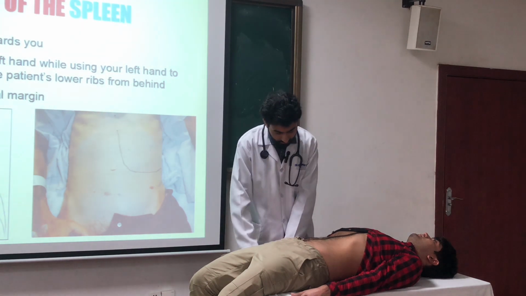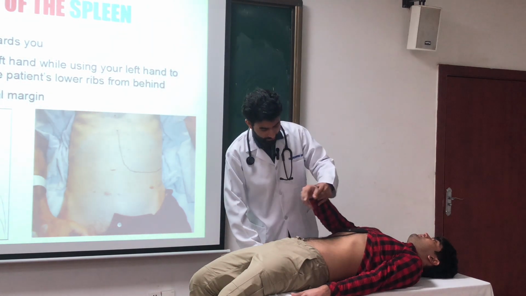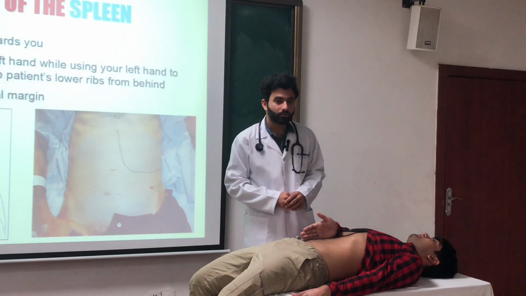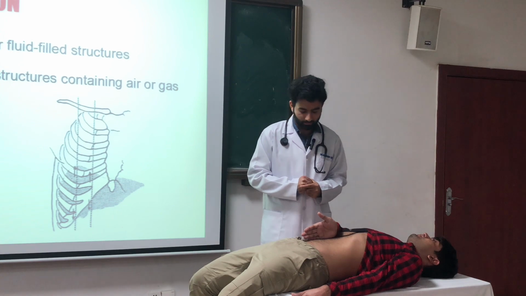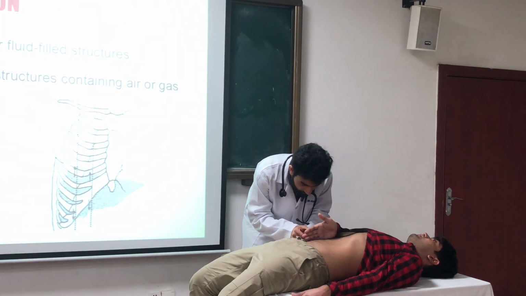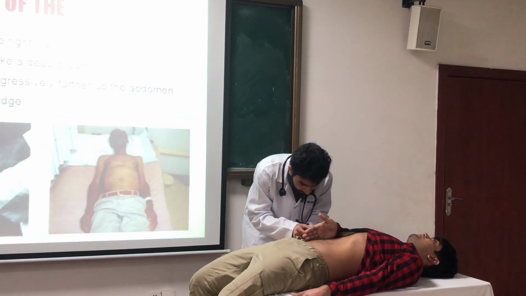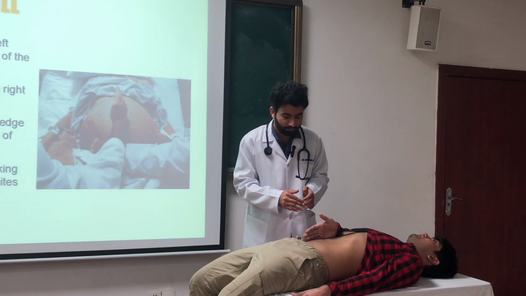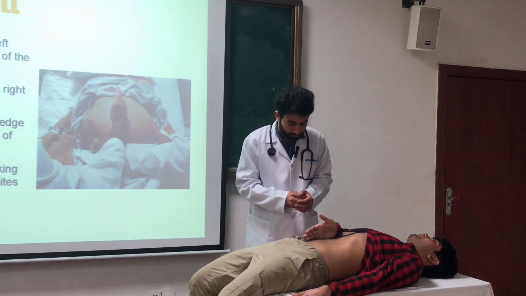And after that, we are going to look for ascites in the patient. For ascites, we ask the patient to put one hand in the center like this. And here we are going to feel for the thrill in the patient's abdomen. For the thrill, we do this and wait for 5 seconds. If there is any fluid movement or thrill present, then it may be a case of ascites.